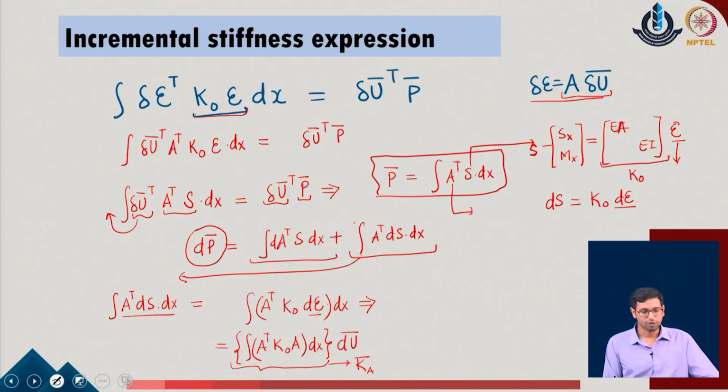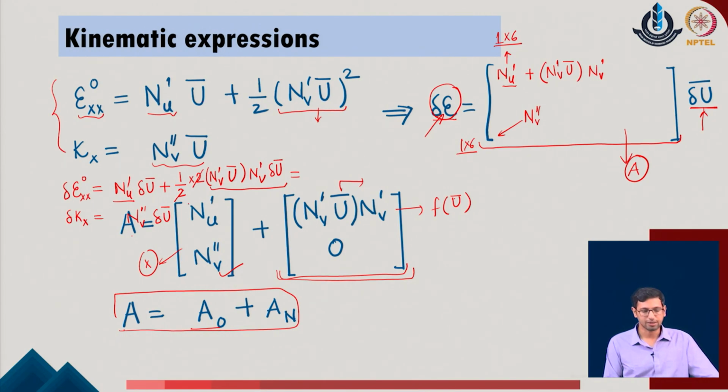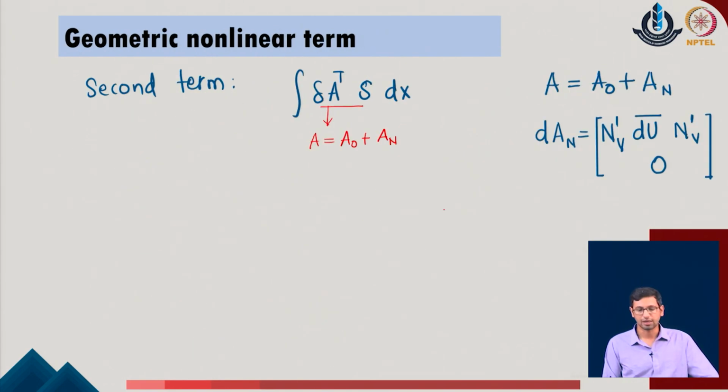Now, if we look at the function of A of n, we have already seen that this is not a function of the displacement parameters. The A naught term is a constant term with respect to the variation in terms of the x parameters, whereas A of n is the function which is defined in terms of the nodal values of the displacement. So, using this idea, when we start to take the variation in both of these parameters, the variation of A naught will actually come out to be 0, because it is not changing with respect to the displacement function of the given problem.